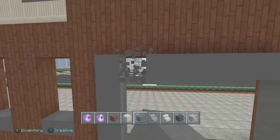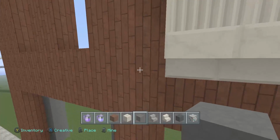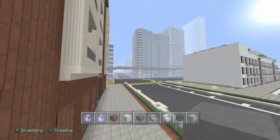It's not tall enough, I don't think. So if we come over here, yep, it's definitely like 2 blocks too short. So we need to get rid of these. Again, it just really sucks that they're just now putting this into the game,